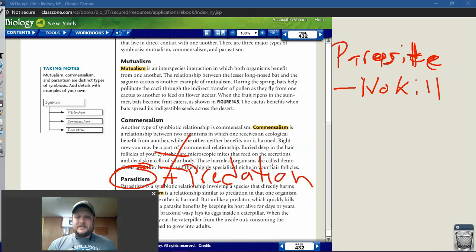Remember, if a parasite kills its host, it no longer has a food source and it no longer has a place to live. All right, so that is not good. All right, when we're talking about a predator,